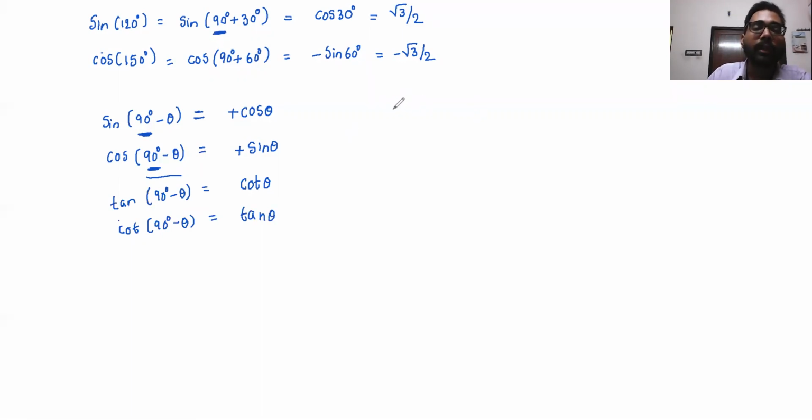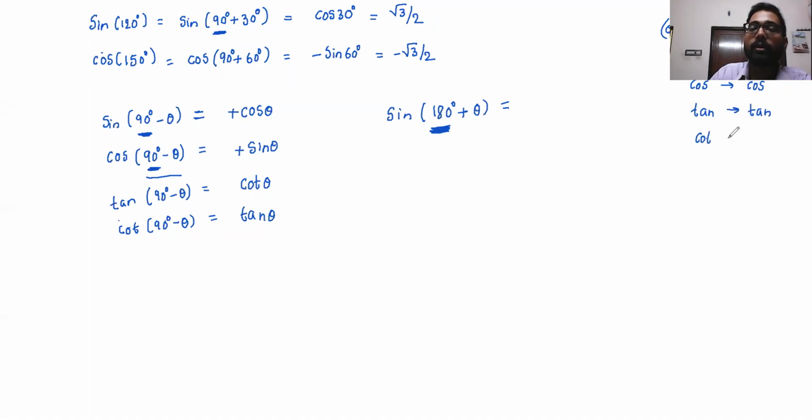Suppose you have, let's say, sine of 180 degrees plus theta. Now you see, now it is different. Now here you have an even multiple of 90. 2 times 90 is there. So whenever you have an even multiple of 90, the function will remain as it is. So sine will be sine. Here plus can be there, minus can be there, it doesn't matter. There won't be any change in the function. Sine will be sine, cos will be cos, tan will be tan, cot will be cot, and so on.